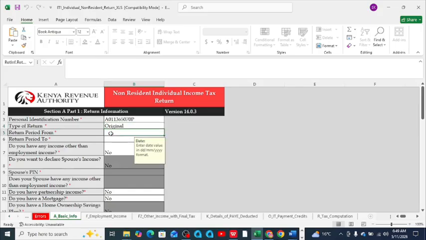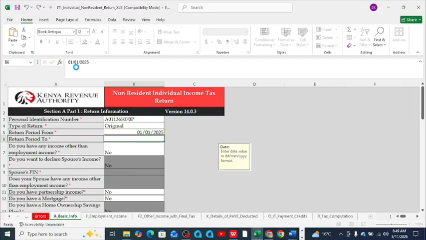You need to come here and choose the return period, which dates from 1st January 2025 to 31st December 2025. Then hit enter. So in case you have other incomes other than employment income,